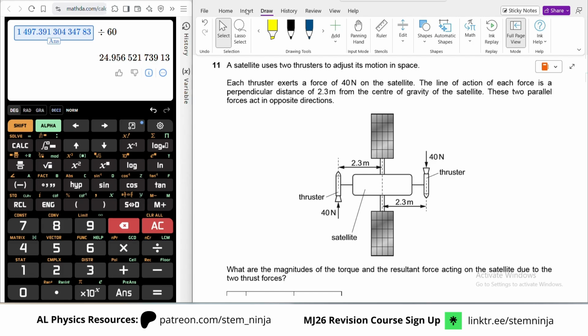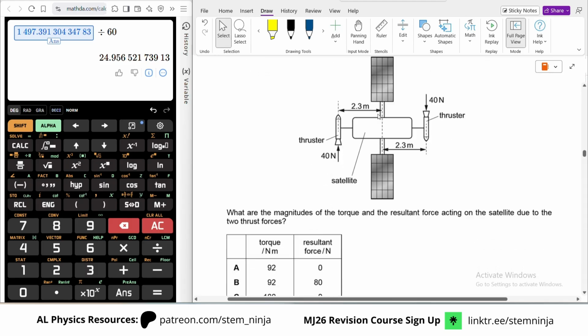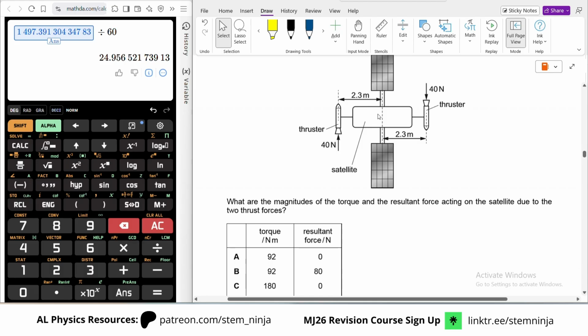A satellite uses two thrusters to adjust its motion in space. Each thruster exerts a force of 40 newtons on the satellite. The line of action of each force is a perpendicular distance of 2.3 meters from the center of gravity of the satellite. These two parallel forces act in opposite directions. That means this is a torque of a couple. What are the magnitudes of the torque and the resultant force acting on the satellite due to the two thrust